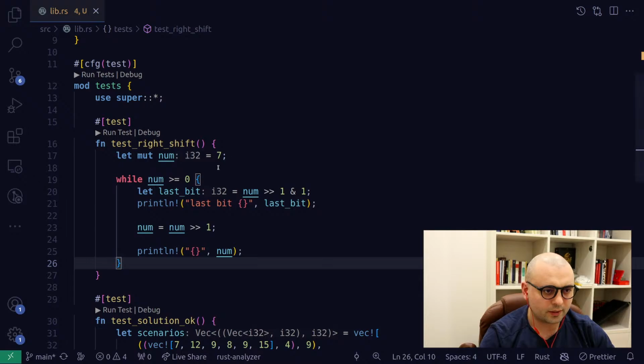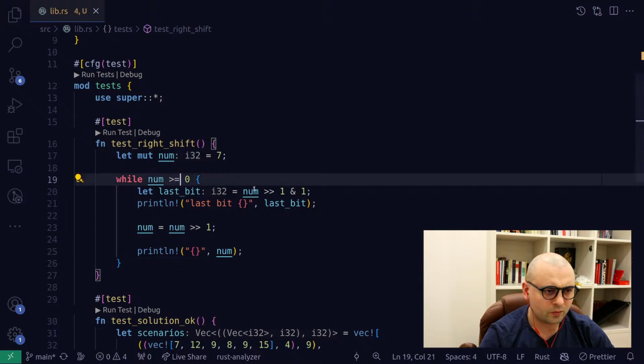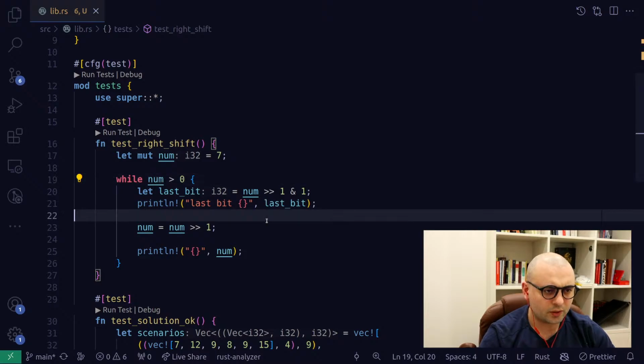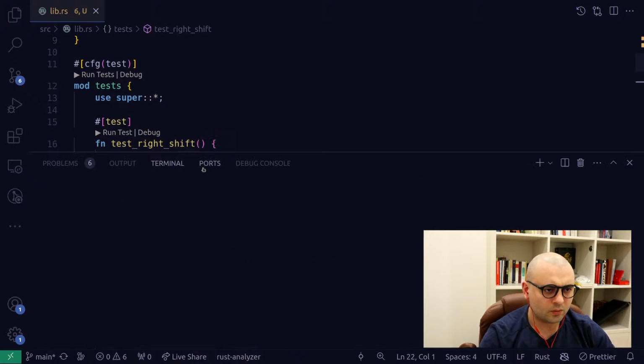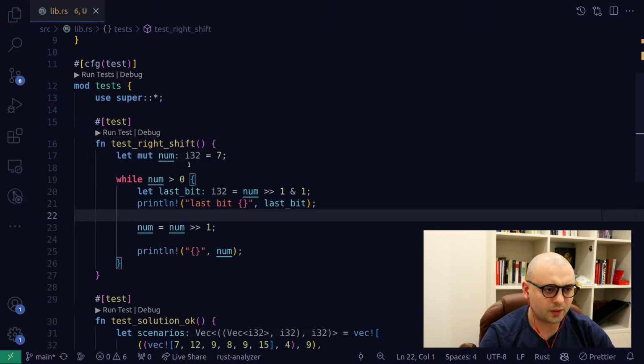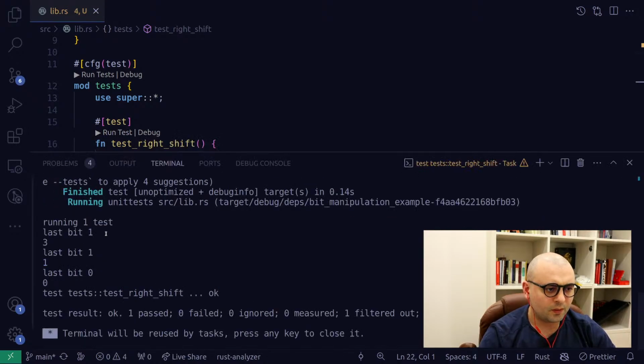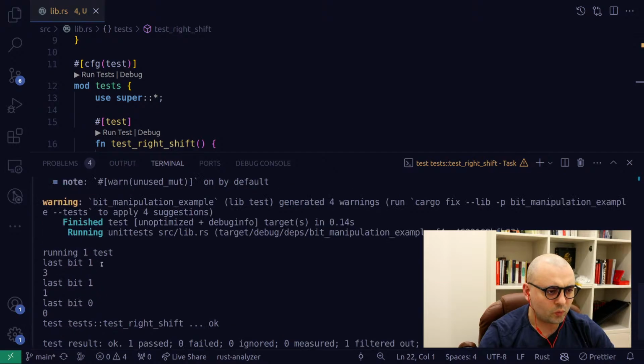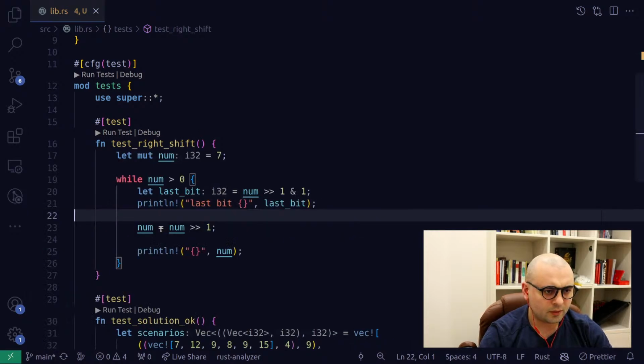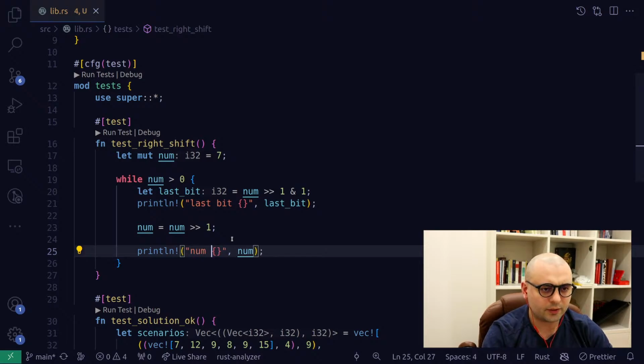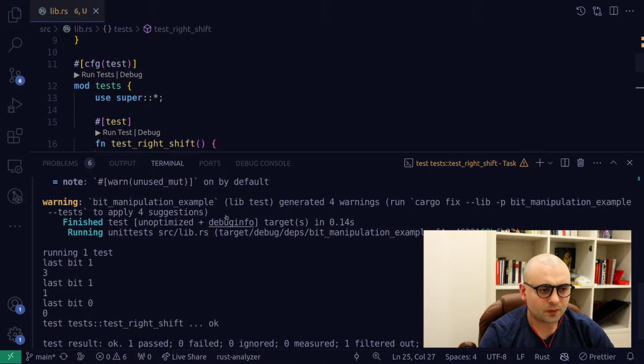Yeah, so it looks like it cycles at 0. So probably we should stop before that. So last bit 1, last bit 1, last bit 0. But yeah, probably should do it here. Yeah, we kind of missed one. I was expecting to have